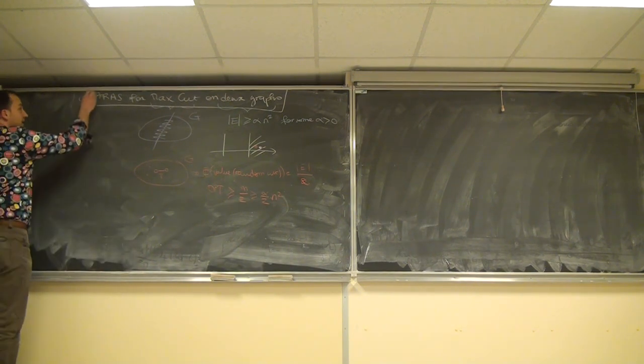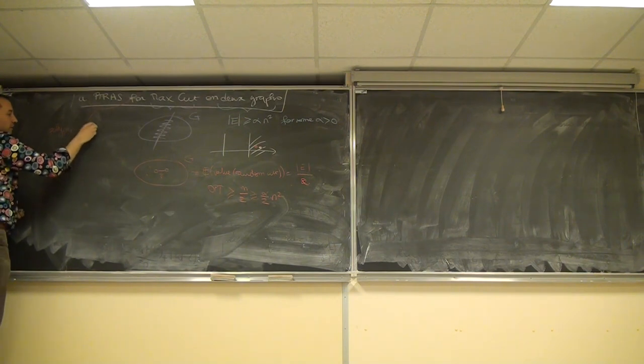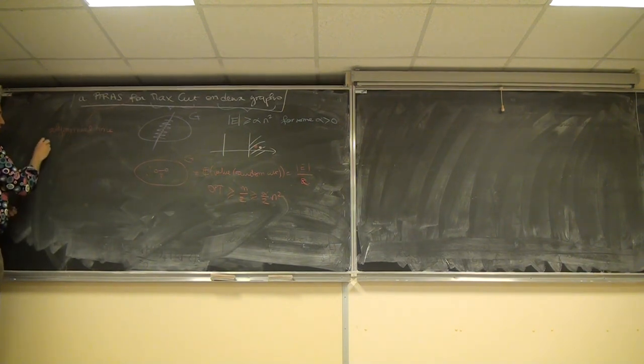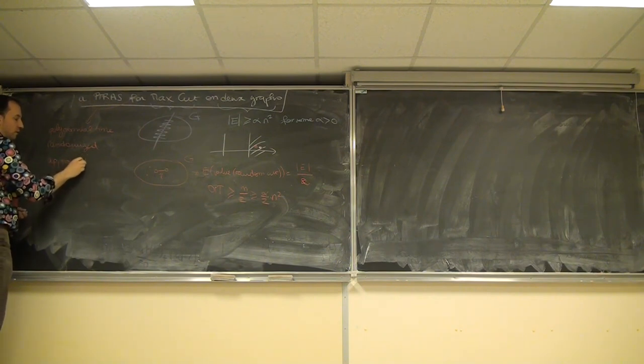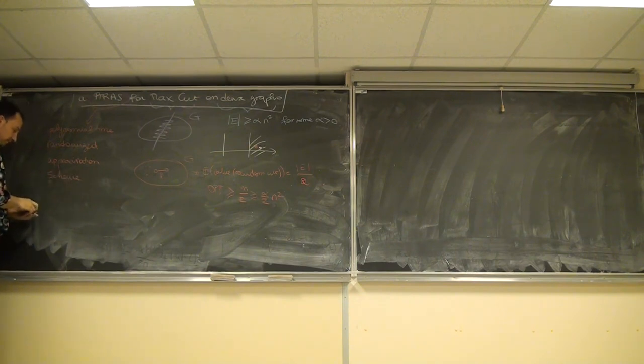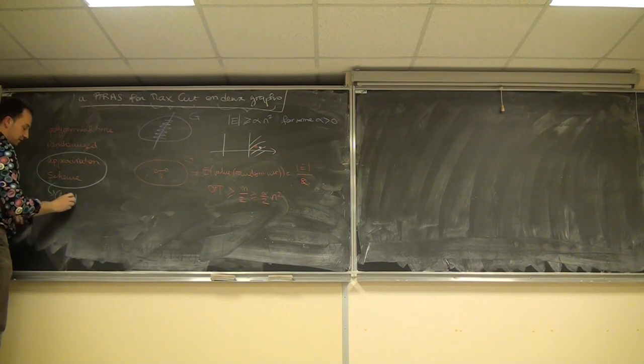Good. So now, what is a PTRAS? It is a polynomial time randomized approximation scheme, so it uses random bits. I don't know if you're used to this vocabulary, but an approximation scheme, since we are maximizing, means a 1 minus epsilon approximation.